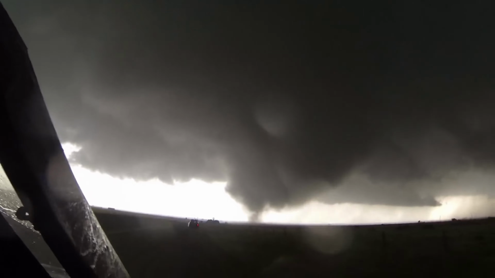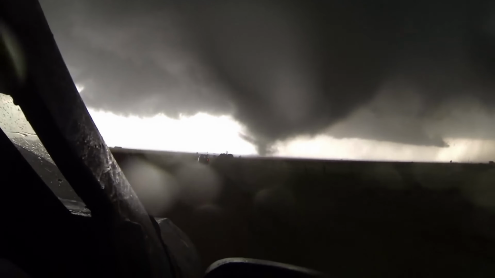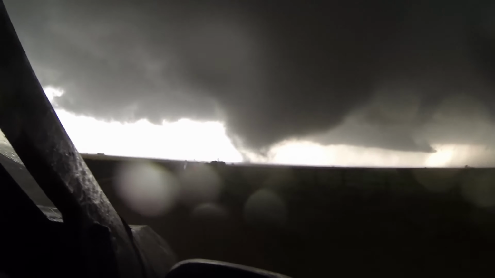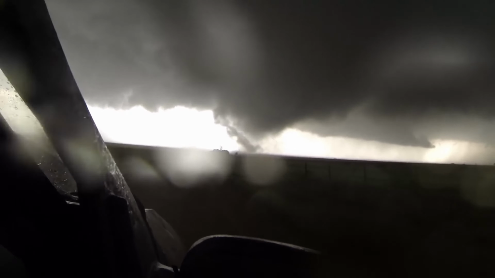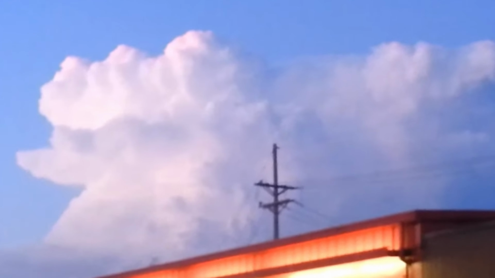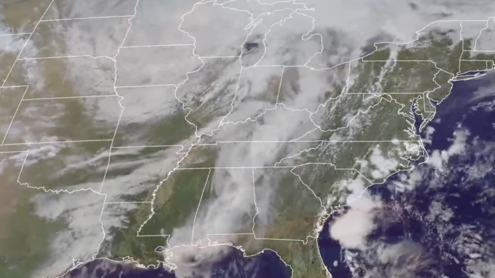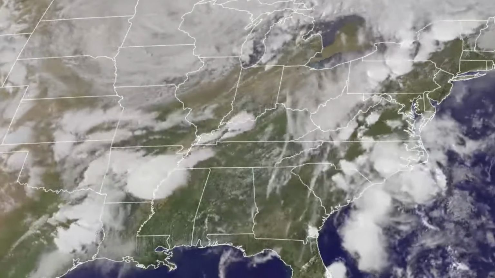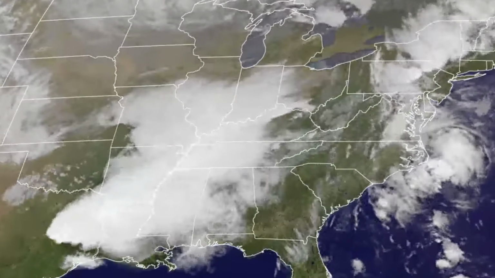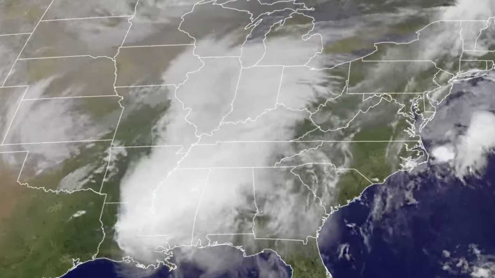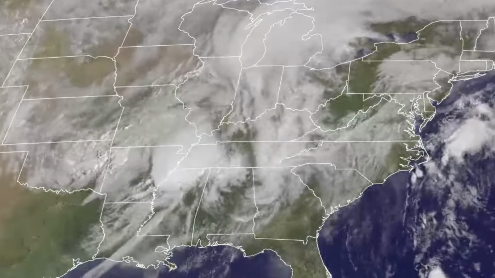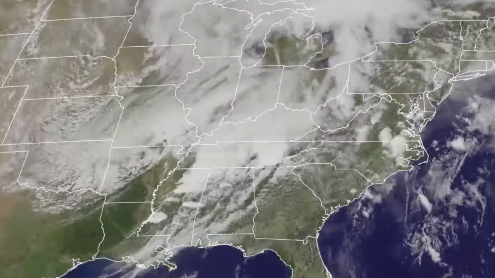A tornado is a rapidly rotating column of air that is in contact with both the surface of the earth and a cumulonimbus cloud. Tornadoes are formed within powerful thunderstorms when warm, moist air at the surface meets colder, dry air aloft, creating an unstable atmosphere. The interaction of these air masses, along with wind patterns and atmospheric conditions, can lead to the development of a rotating column of air, which may extend from the cloud to the ground and become a tornado.